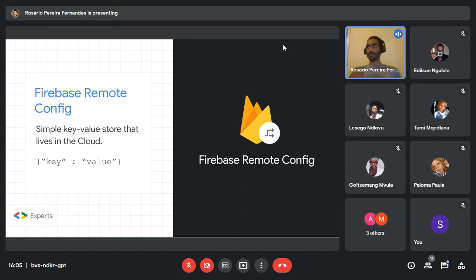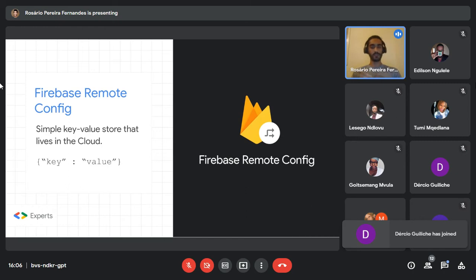So, for example, if you have a button that right now it's let's say blue, and maybe during Christmas you might want to change that button to look red, and you don't want to like send a new update to the Play Store for the user to download the red button. So it might be easier to just store that color in Firebase remote config. That way, whenever you update the color on the Firebase platform, all of your users will get that new color.